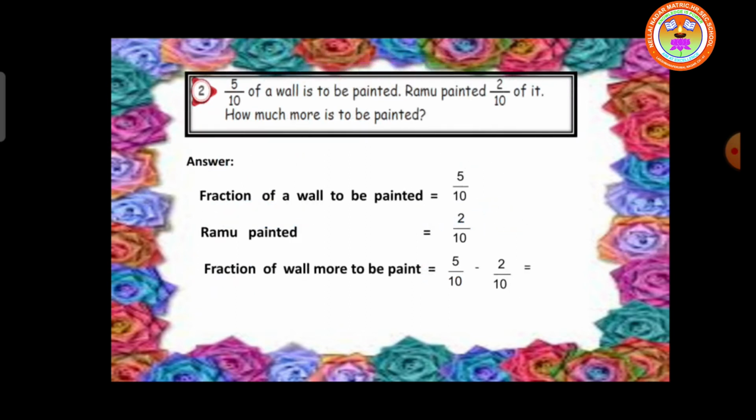Next. 5 by 10 of a wall is to be painted. Ramu painted 2 by 10 of it. How much more is to be painted? It is a word problem, students. Answer. Fraction of a wall to be painted is equal to 5 by 10. Ramu painted of it is equal to 2 by 10. Then fraction of a wall more to be painted is equal to 5 by 10 minus 2 by 10, which is equal to 3 by 10. We just have to write down the statement and do the subtraction. Is it clear? Yes? Next,